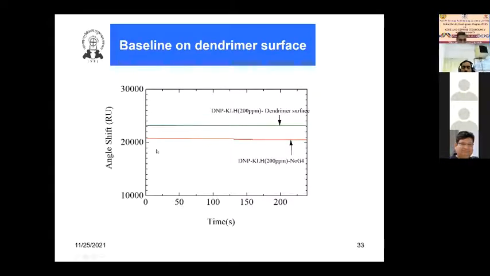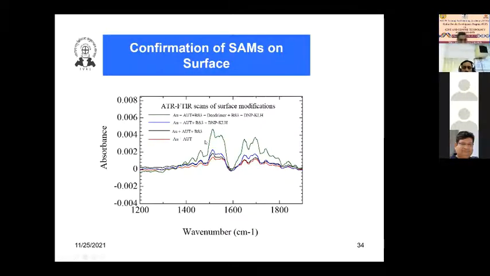Okay, so move ahead, nothing important in this slide. And what we did, and we are saying to you that we immobilize this one, we immobilize that one, linker and some protein or antigen and antibody. How we are sure of that is they are on the surface. So there are the spectroscopic techniques available, and FTIR is one of the techniques that can give you information about, yes, what you have done.